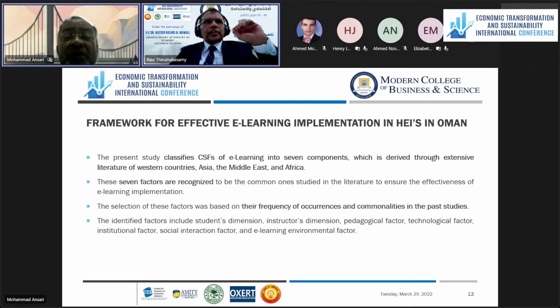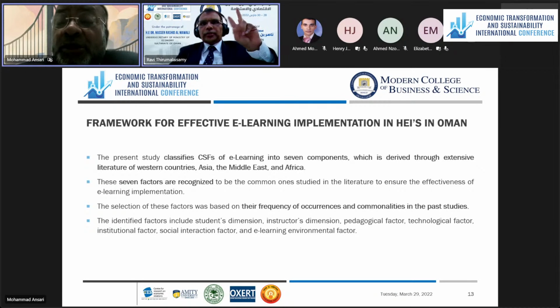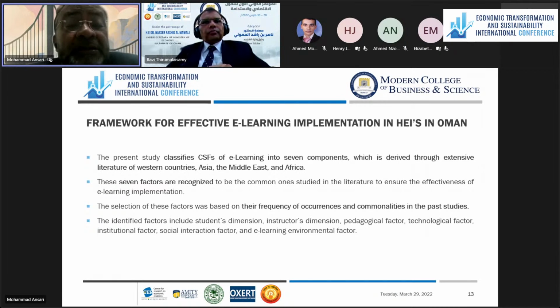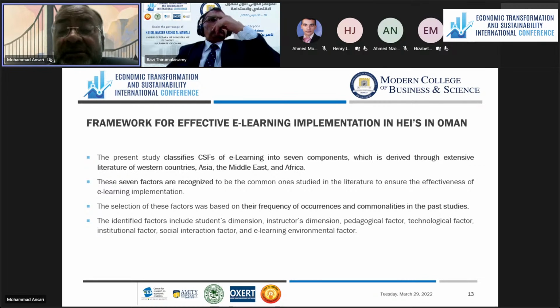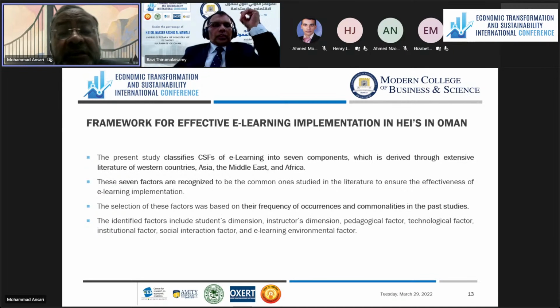So, a framework for effective e-learning implementation in higher education institutes in Oman. The present study classified critical success factors of e-learning into 7 components, and these components are derived through the extensive literature review of Western countries,